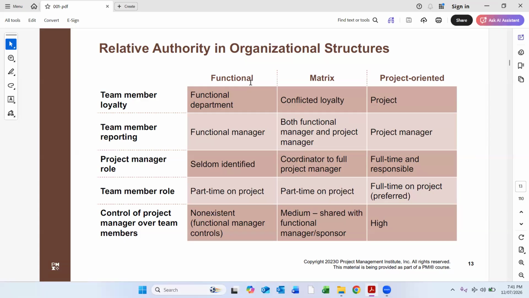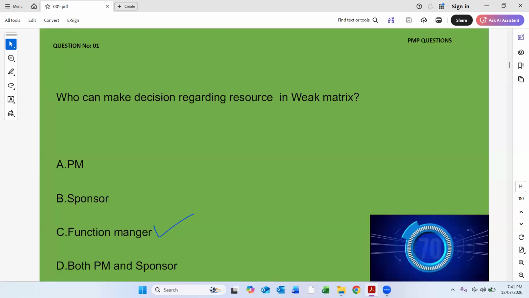The project manager is like a coordinator on that project. And team member loyalty is conflicted. So that's the major difference between functional, matrix, and project oriented organizations. Who can make decisions regarding a resource in a weak matrix?